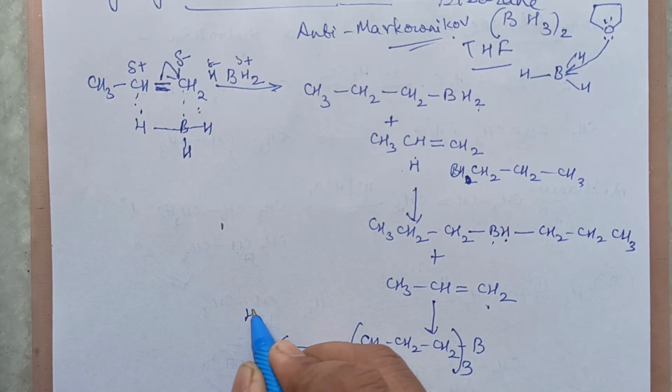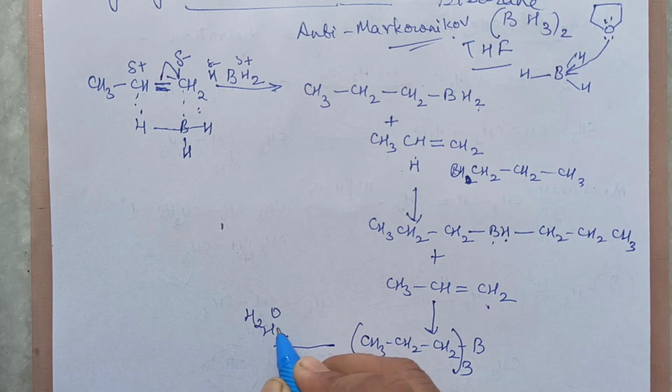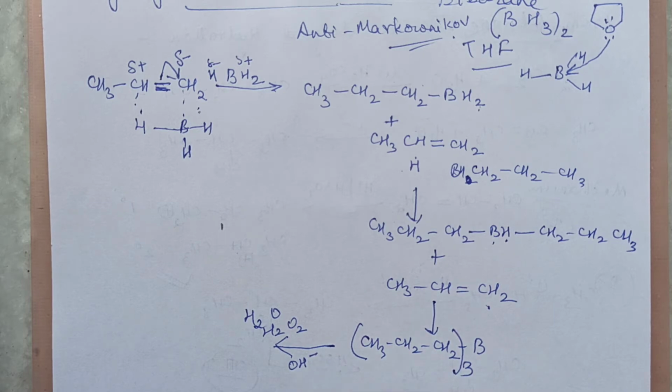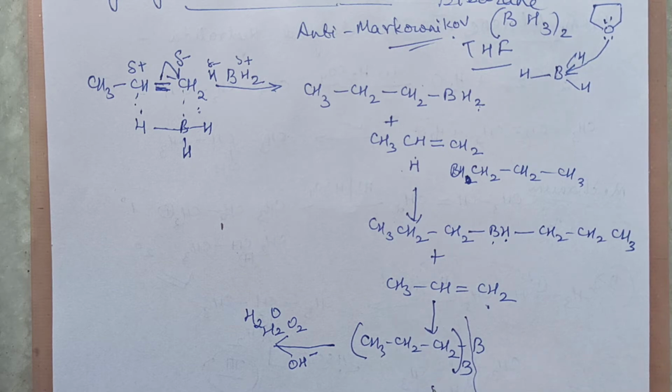it gets hydrolyzed in the presence of water, hydrogen peroxide and basic medium. So what will happen? You can break it from this side. So 3 OH you will add here, means there are 3 water molecules which are actually getting added here. And same way this side also you will have boric acid obtained. It's actually hydrogen peroxide which you are writing thrice, no? So OH, OH, 3 times you write. This side 3, this side 3.